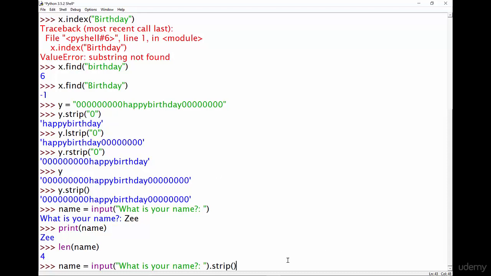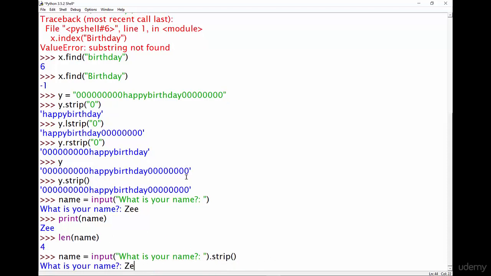Okay, so what this is going to do is it's going to take this input function, which is going to give us whatever we put in. Then we're going to use the strip method to strip off whatever this string is and then save that in name. So if I do that, it's going to ask me what my name is. I'm going to say Z, and I'm going to press